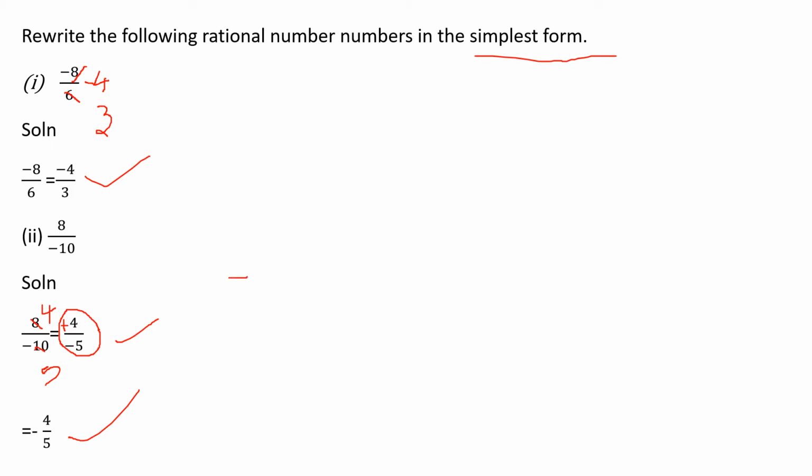If the numerator is minus and the denominator is also minus, we can write it as plus. If the numerator is plus and the denominator is plus, we can also write it as plus. If the numerator is minus and the denominator is plus, or the numerator is positive and the denominator is negative, we can write that fraction as minus, whether it is 4 by 5 or 3 by 5, whatever it may be. So plus 4 and minus 5, plus and minus means minus. So minus 4 by 5. Is it clear? So here write the simplest form, or if they ask for the standard form, just cancel it and write it down.